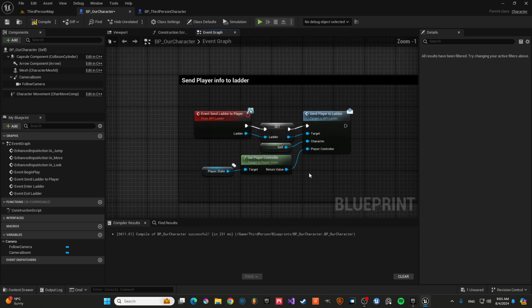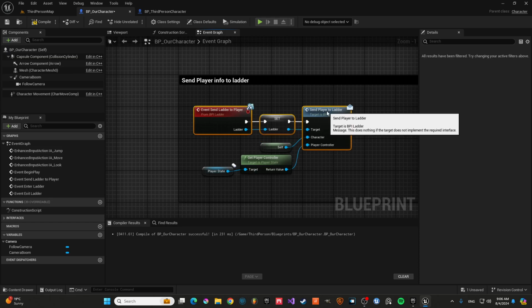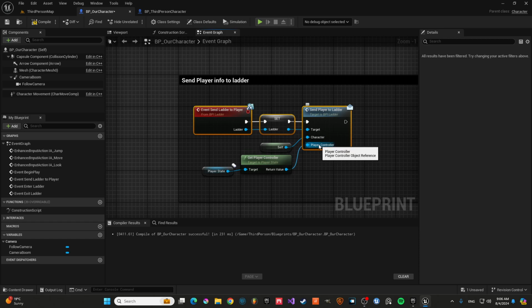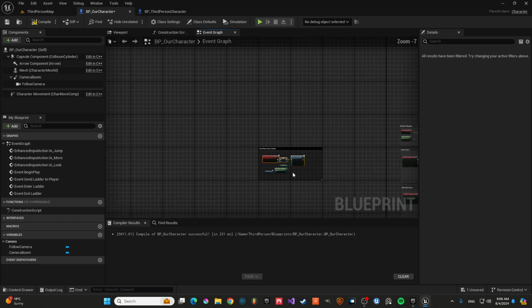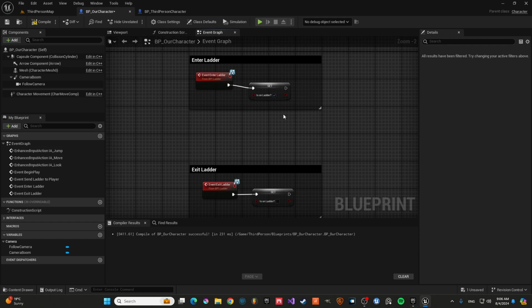Basically we're sending the files to the ladder and telling it this is our character and this is our player controller. So we're just sending ourselves and our player controller to the ladder through the interface. And these two,